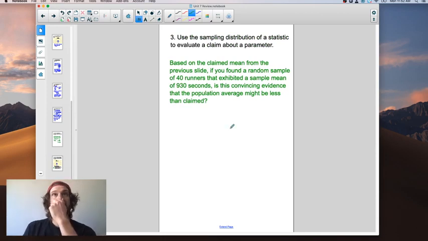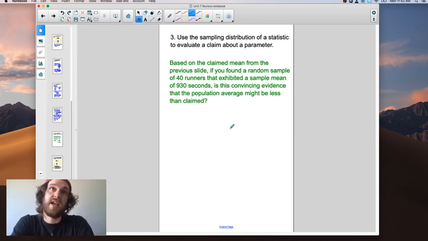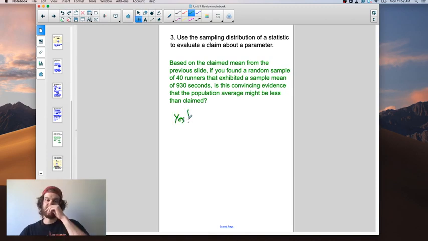Okay, based on the claimed mean from the previous slide, slide 10, if you found a random sample of 40 runners, so let's say we actually did find that, that exhibited a sample mean of 930 seconds, is this convincing evidence that the population average might be less than claimed? Yes, absolutely. It would be convincing evidence because of the likelihood